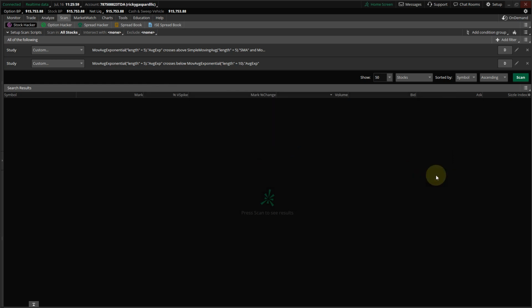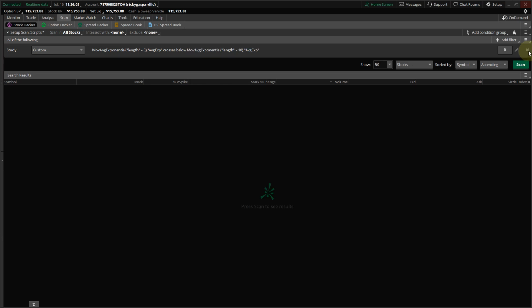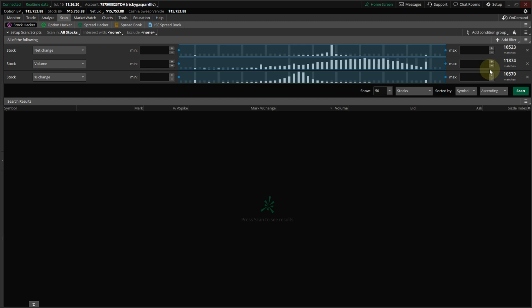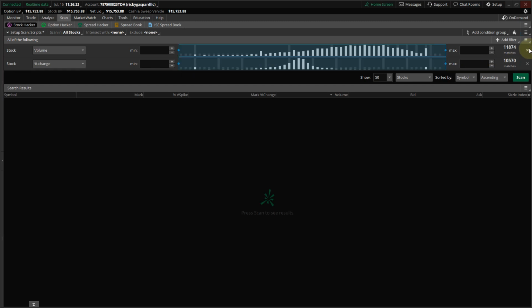And save it. I already have it open. So for now, I'm going to delete these 2 scripts and we're going to start from scratch. So in this scan, let's go ahead and save it. Save the scan, it's custom scripts. Save and save. So delete these